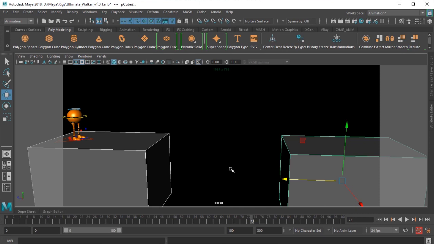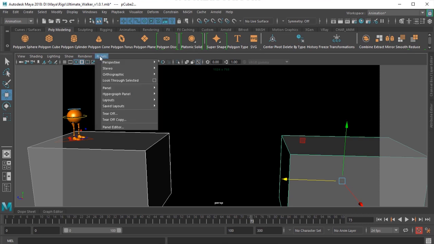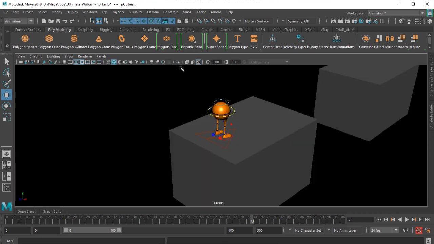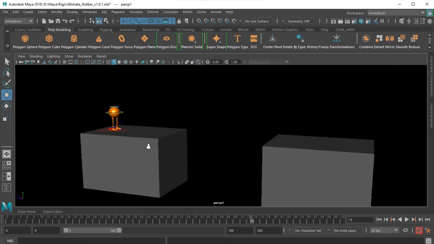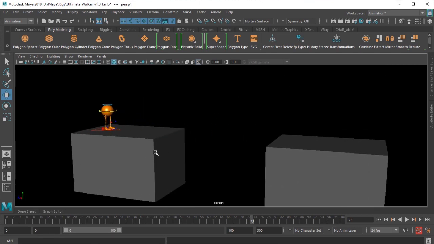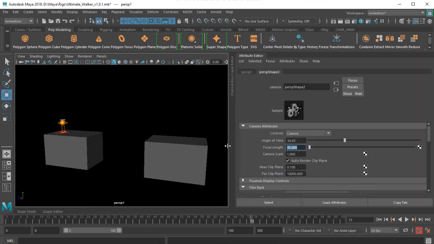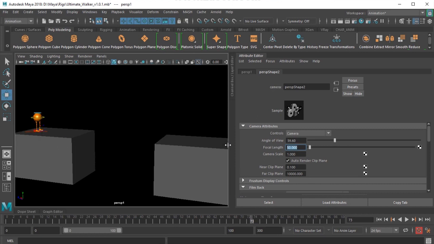So firstly, when we get this shot, I will create a camera. I go to panels, perspective, and say new camera. And if I am given any focal length guide, then I could also select my camera, open attribute editor, and set the focal length.